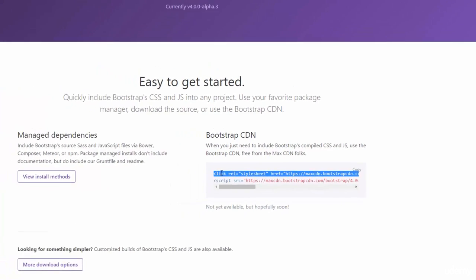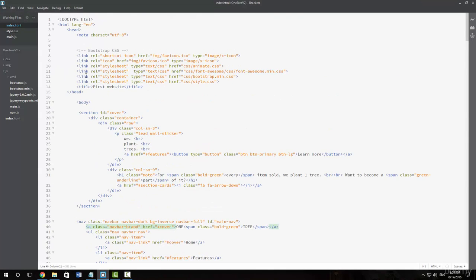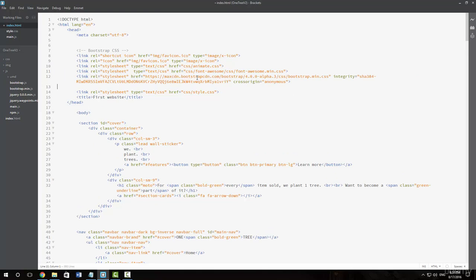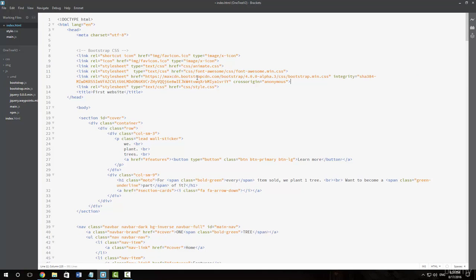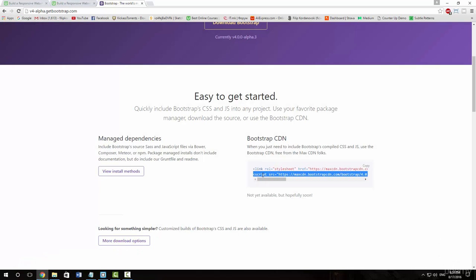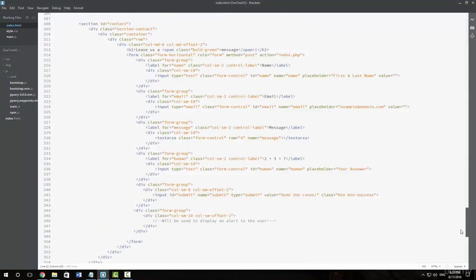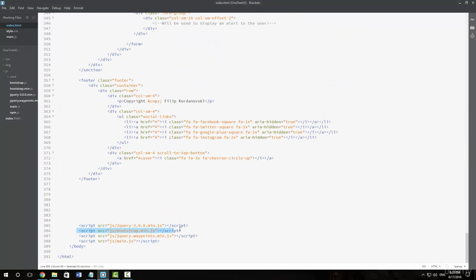I'm just going to copy this first line of code here, and I will paste it instead of this Bootstrap old version 2 file. And that is basically all I need to do. And the second one here is the script. If we go down, we have the bootstrap.min.js script, which is the old version, and the new version is the very one that we are pasting here. So the alpha 3. So right now that's all we have to do, and we are all ready and set up for our project. Now, if we save and preview it in the browser,